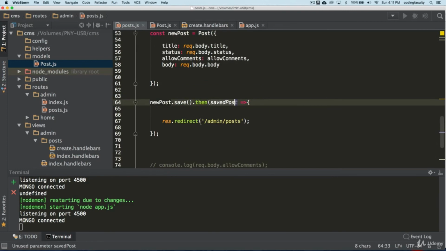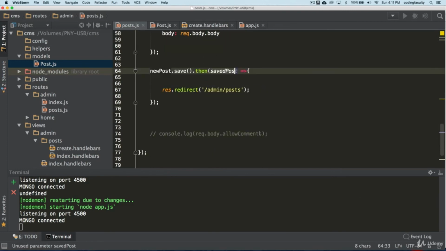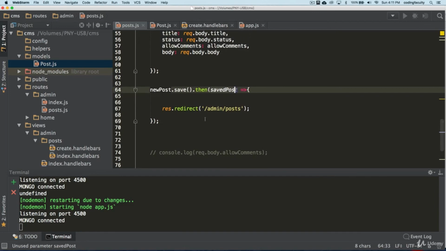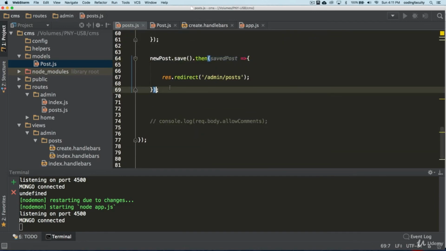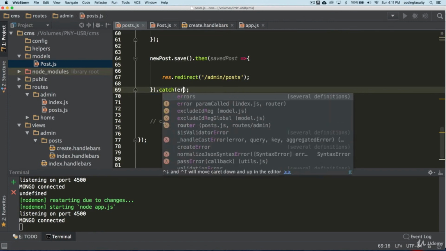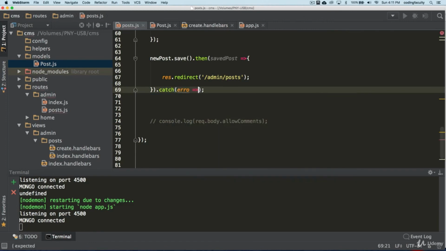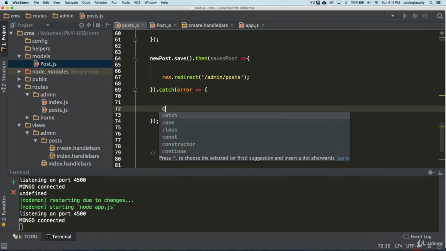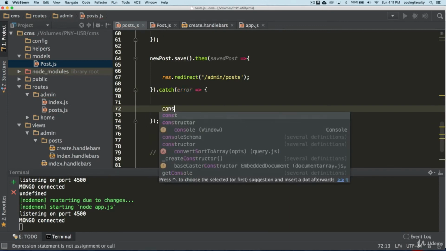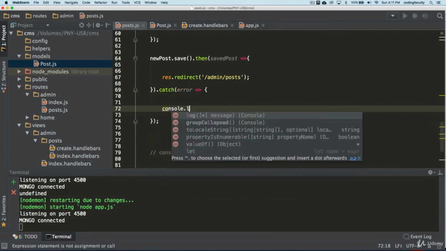Okay, so let's see if this works. I haven't tested this. We wrote a lot of data. Keep in mind that if this doesn't work, we could attach some type of catch here and console log the error. Since we don't have any other parameters there, I'm just going to use this syntax, console log.